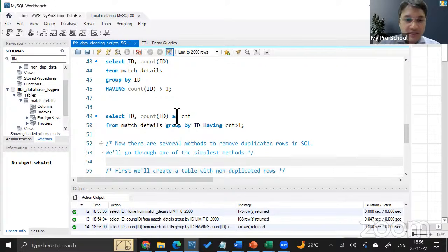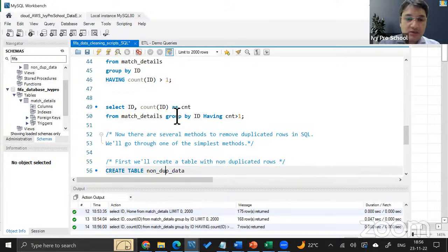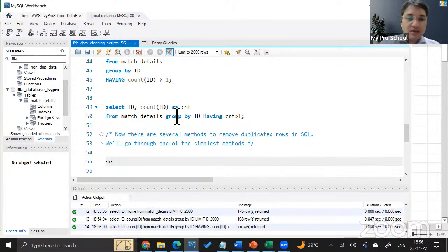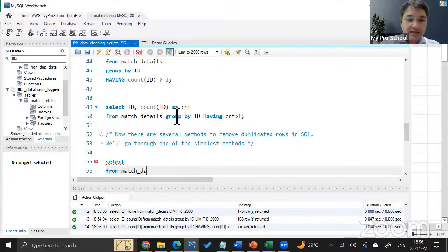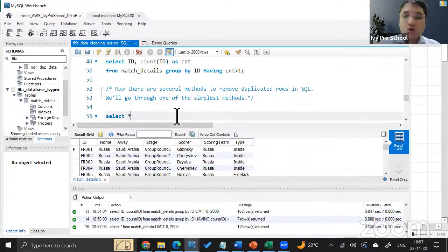If you notice one thing about this, let's say if I write select star from match details, it gives me all the rows of the table.